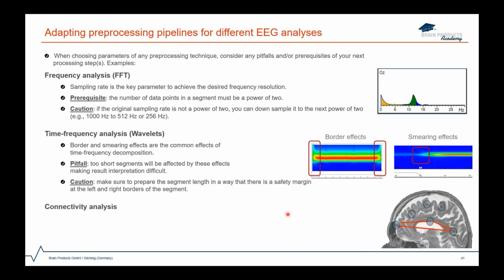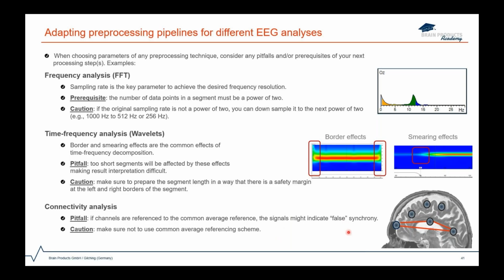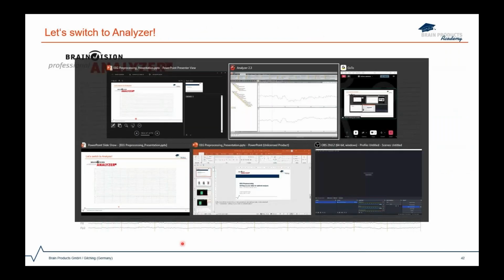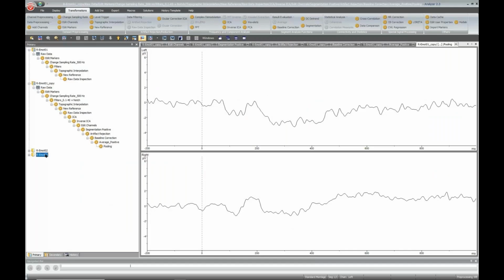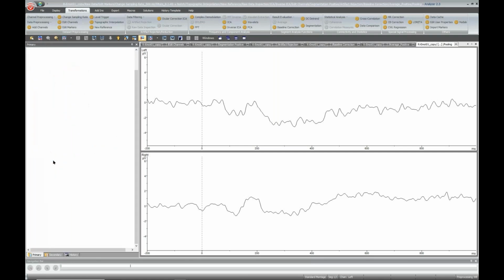Or others like connectivity analysis. If the channels are referenced to the common average reference like we use right now, the signals might indicate a false synchrony. So we need to make sure not to use the common average for this kind of analysis. So I would like to show you this here below,